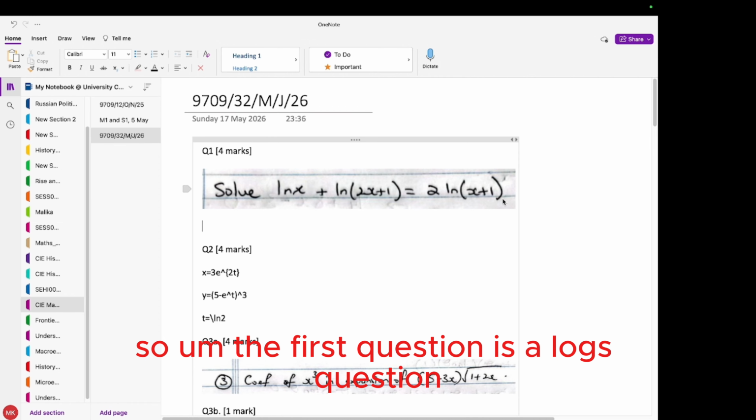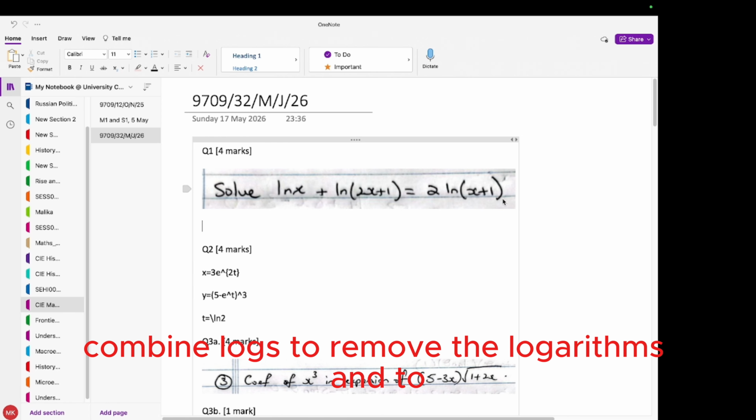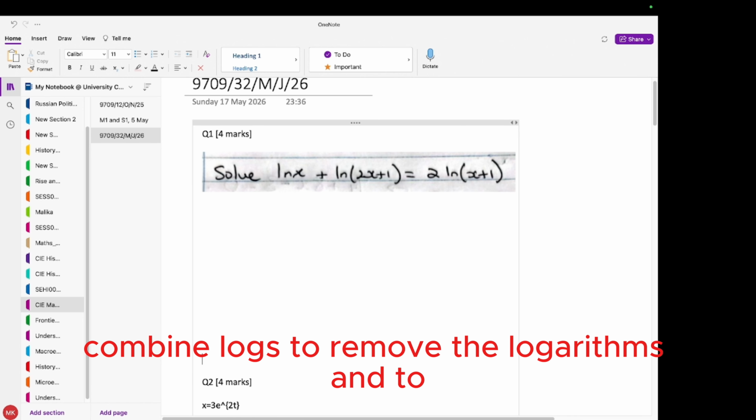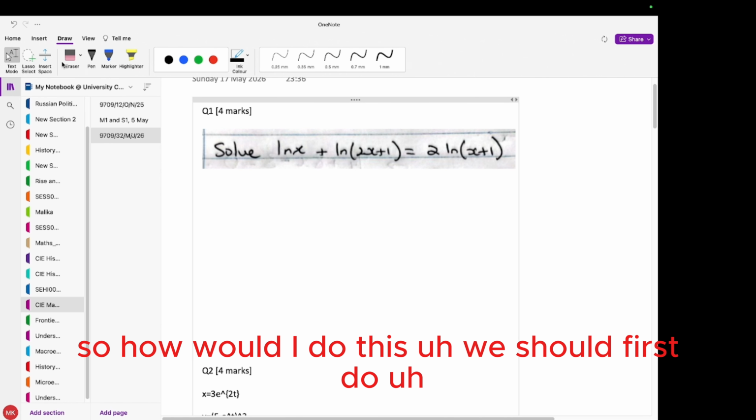So the first question is a logs question. We have to combine logs to remove the logarithms and to remove the ln's and to solve the quadratic. So how would I do this? We should first do